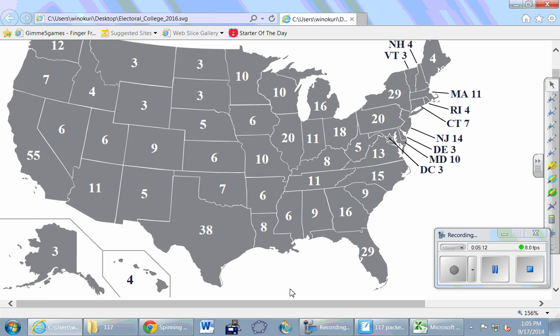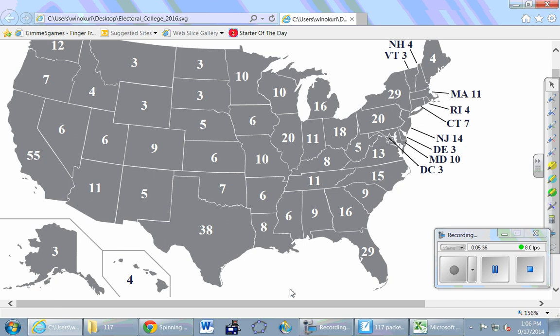Simple majority rules, and it's a winner take all. So by getting the majority of votes in California, one presidential candidate gets all 55 of those votes, right? And that's actually true in 48 of the 50 states, a winner take all, but surprisingly, there are 2 states where it is not winner take all.